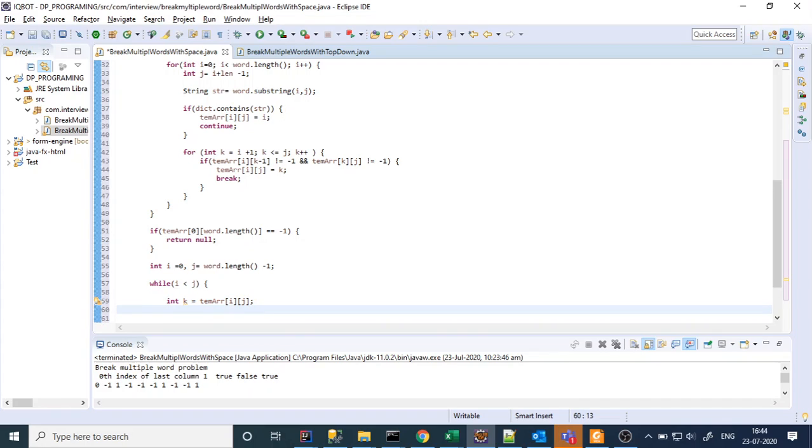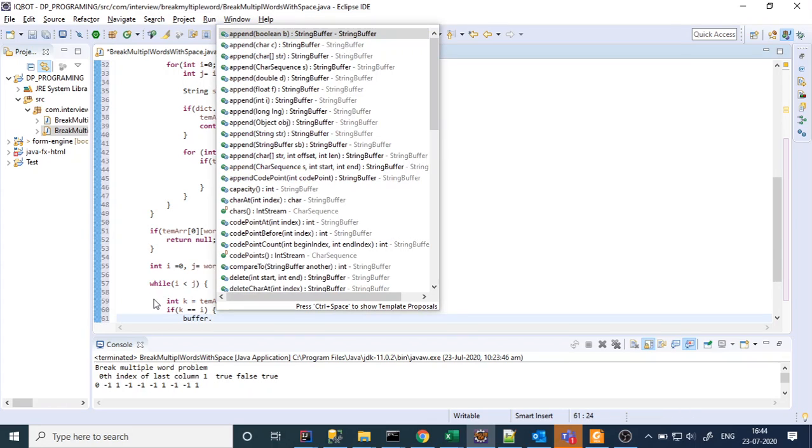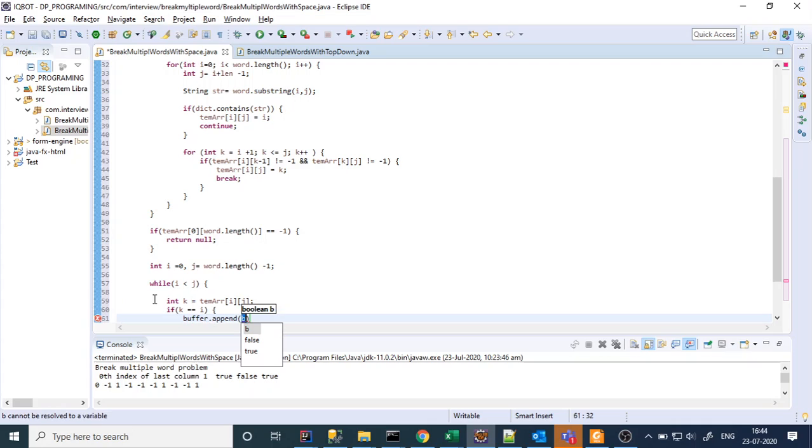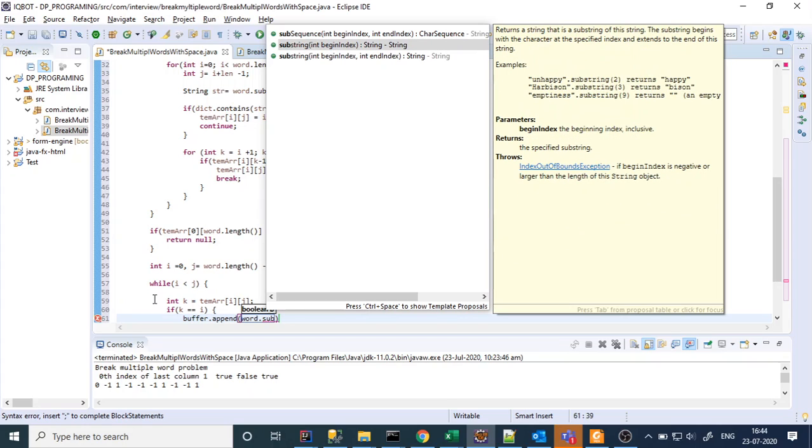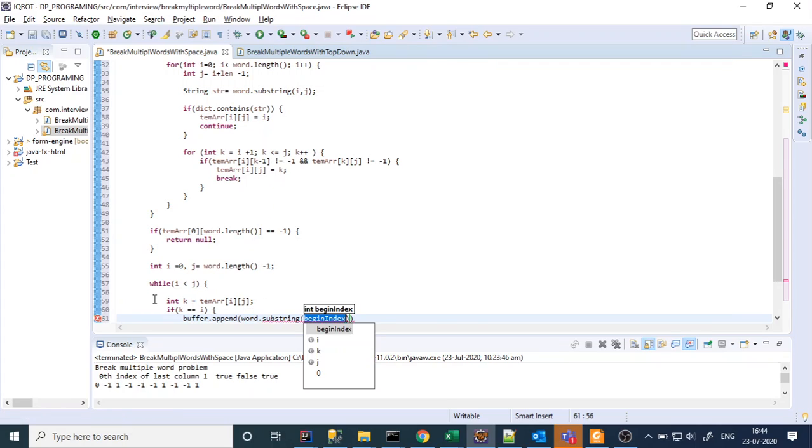This will be the key, and if it exists and the value of key equals i, then it means that this is the last one which we have to append. Buffer.append, what we have to append is word.substring of i.